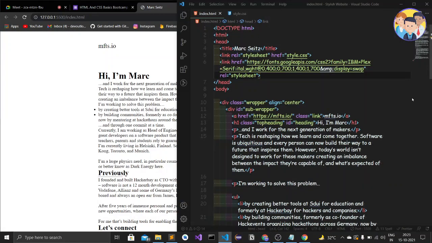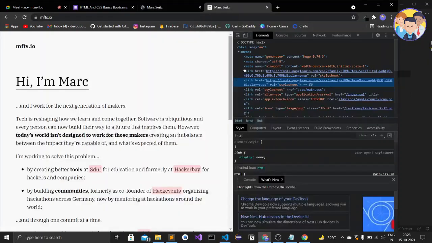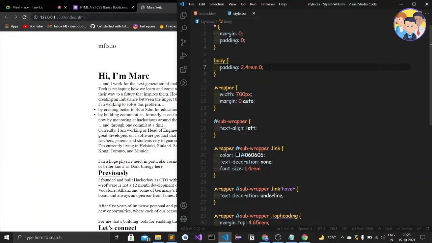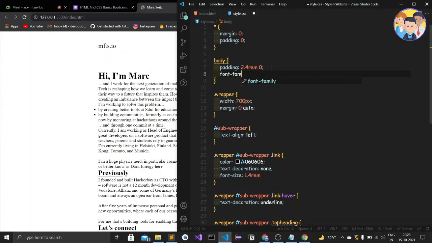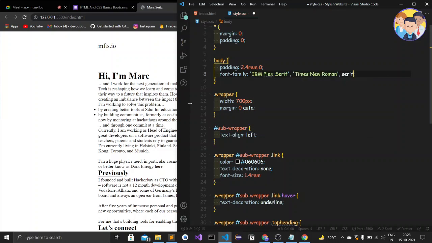Okay, and here I'll just hit enter and then paste this link. Okay, so when I save it, no changes will appear. To add the changes, we will copy this one. So this is a font serif in this website which we are going to clone. So I'll just copy this and go to our website, and in the body I'll just type font family, and inside that I'm going to paste it. Okay, now when I save it,